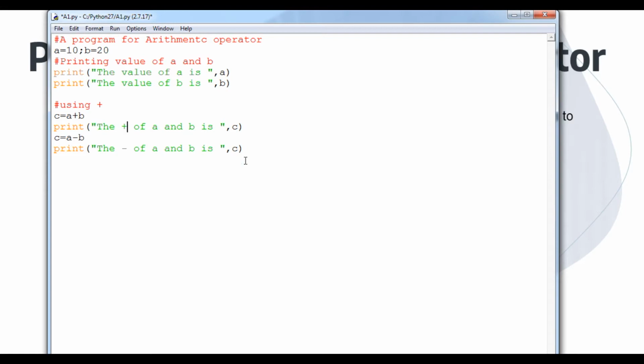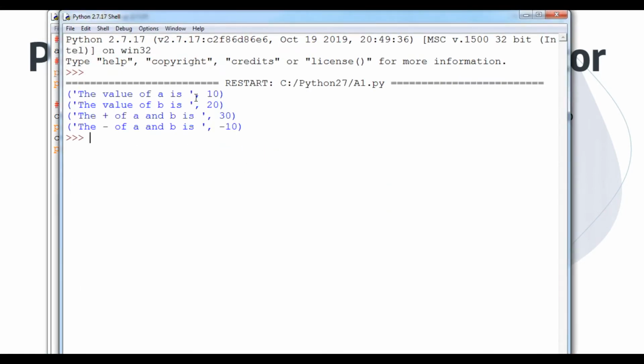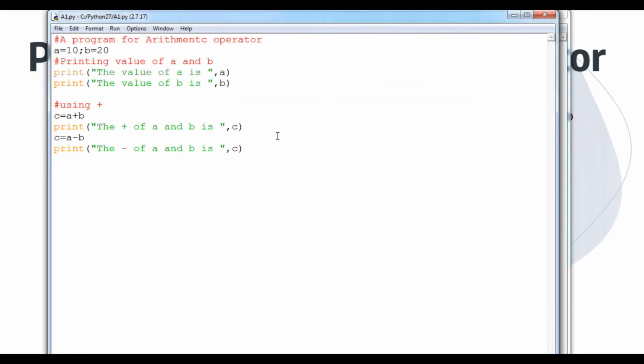Simple way. So let's see what the output will be. Here you can see that the plus value of A and B is 30 and the minus value of A and B is 10. Why minus 10? Here A plus B, whatever the 30 stored by C, is printed as 30.